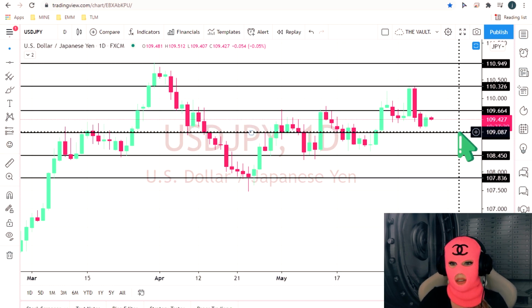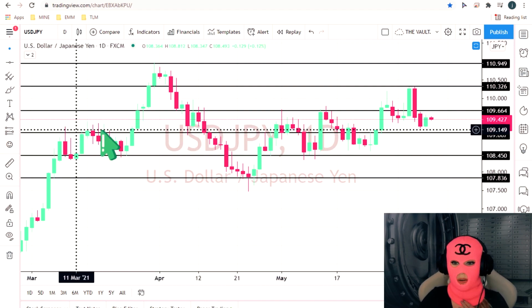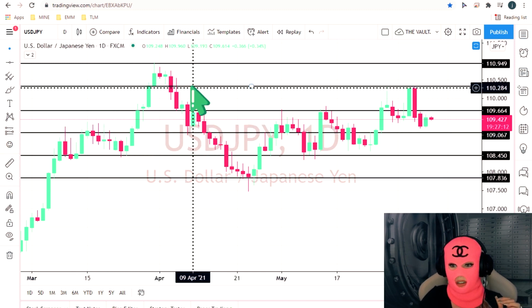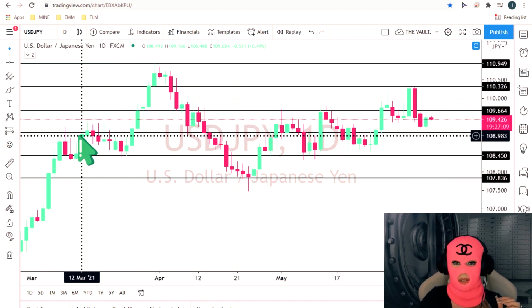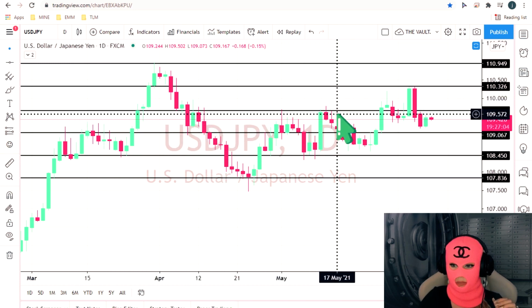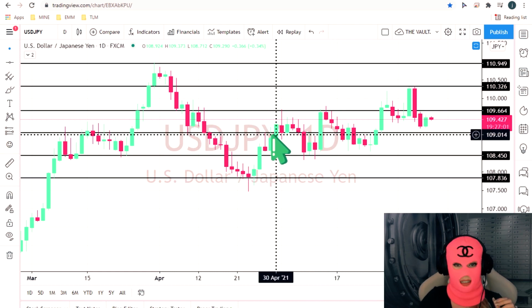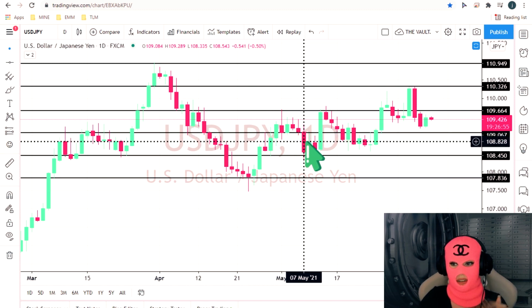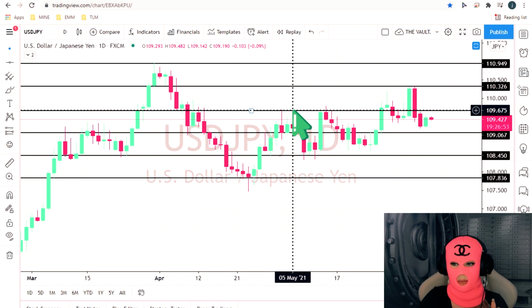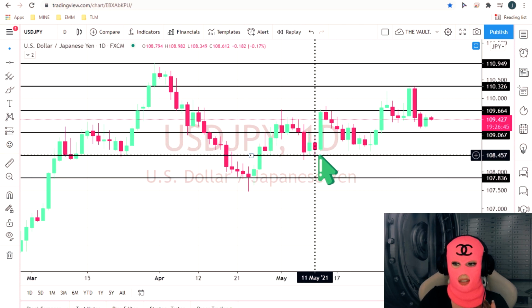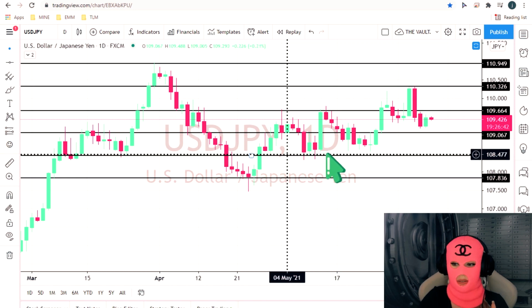Now it may not be so clear to the eye, but what I look for personally is over here wicks, lots of wicks. Wicks are kind of the key here. Look over here, another wick down. What was previous resistance right here is now support. Another test before a breakthrough. Here another resistance. Quickly became support, testing that level again, fell down because it tested right here, another resistance level, failed, broke all the way past this for failing, uses this as support, wick, lots of wicks are gold in our eyes,